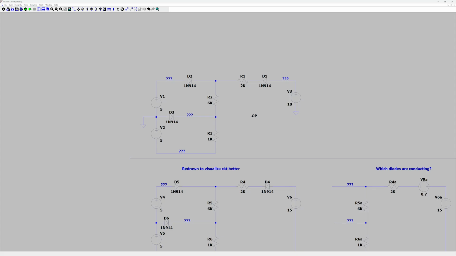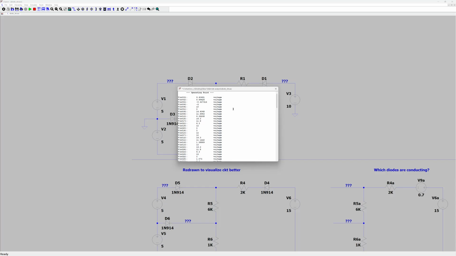And let me point out these question marks. Those are actual values that the simulation will arrive at, and having it displayed on the schematic makes it easier to see. And if I right click on one of those right now, see, it doesn't do anything. But if I run the simulation,